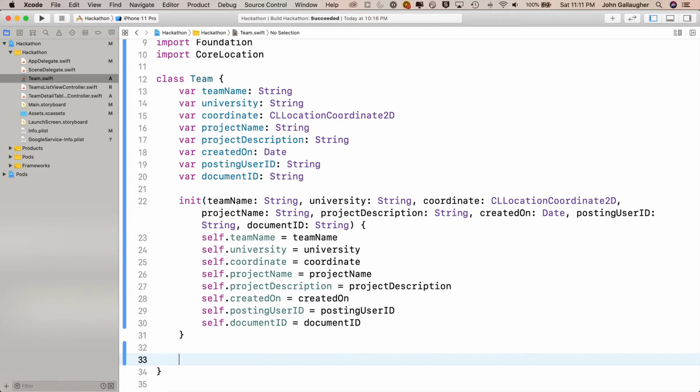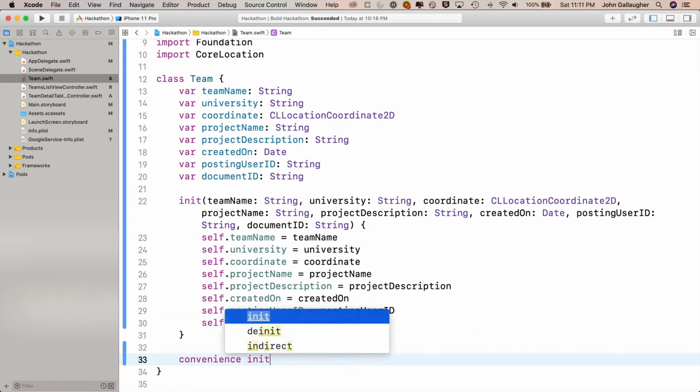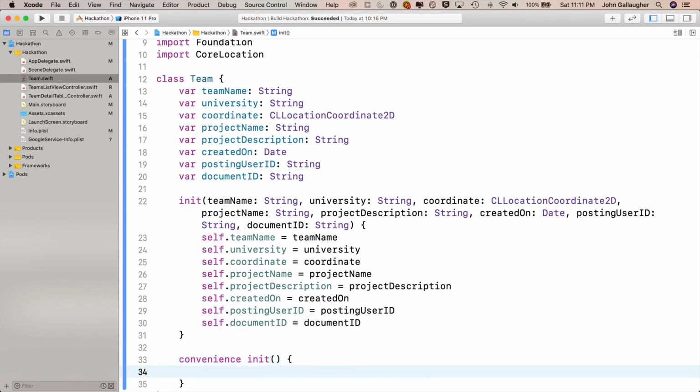Then we're going to create a convenience initializer, and this convenience initializer is going to pass in no properties, and by default it's going to create everything with empty values. So empty strings, or today's date, or a generic CLLocation2D, which has, I think, coordinate 0, 0. So the way we create a convenience initializer is use the keyword convenience, space init. Since we're passing in no parameters here, we'll do open and close parens, then open and close curlies, and then